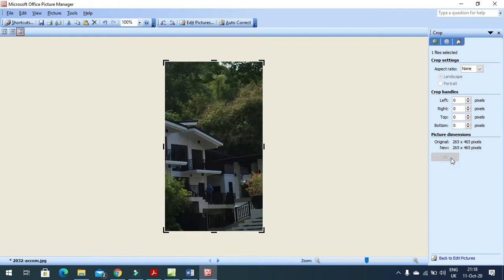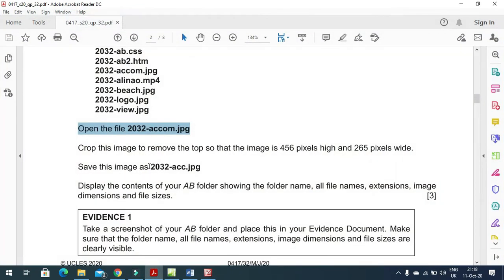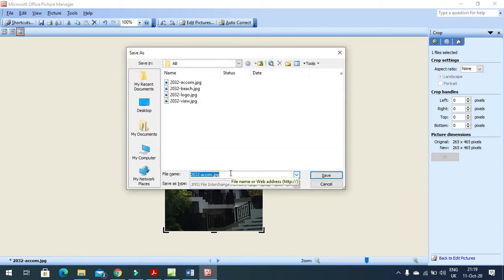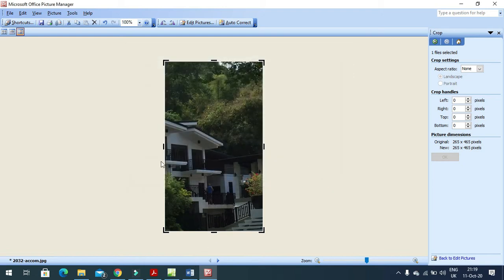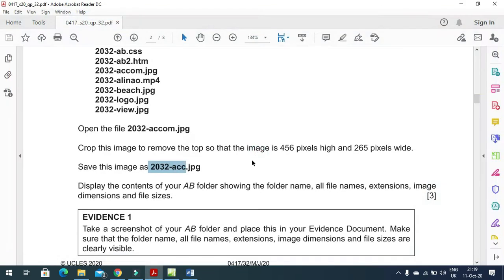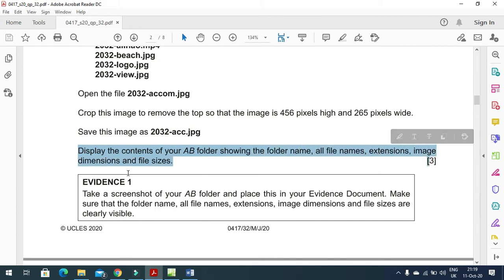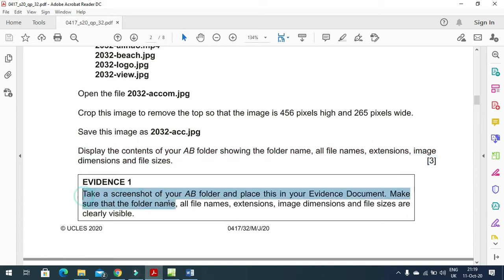You click on OK, and then they mention here you need to save the image as 2032 underscore or hyphen ACC. So file, save as, into the same folder. We'll just click on save. Close this file; we do not disturb the original one. Now display the content of the AB folder, showing the folder name, file name, extension, image dimension, file size, and take a screenshot of the AB folder